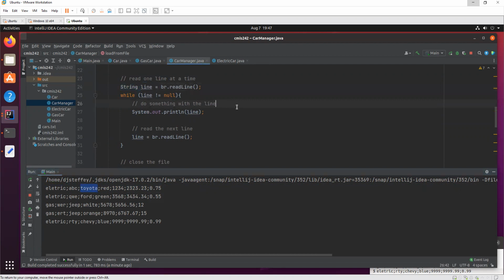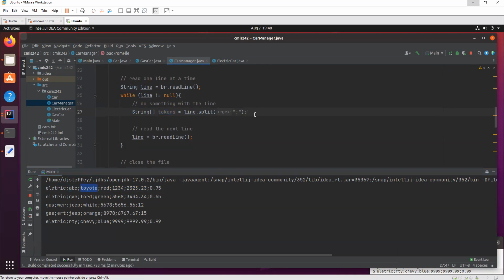All right. So here we need to do something from the line. We can make an array of tokens. Is the line.split, and we tell it what to split on, like this right here. So what has this done? It'll take this single line and it will give back to us an array of tokens. Tokens is just a variable name. But what I mean by tokens is this electric is the first token. This ABC is the second token. This Toyota is the third token.